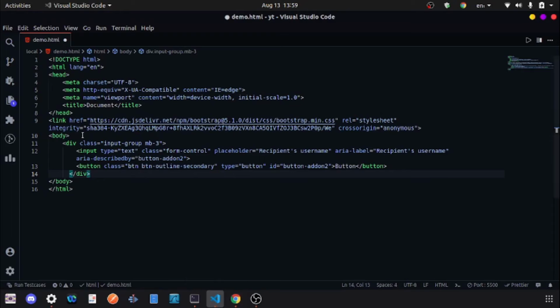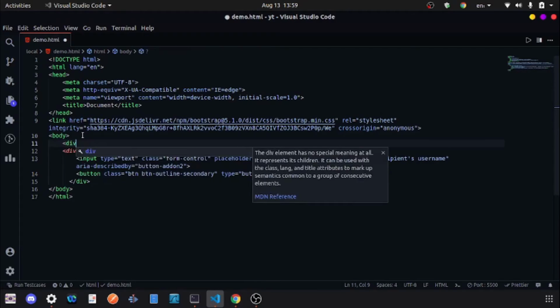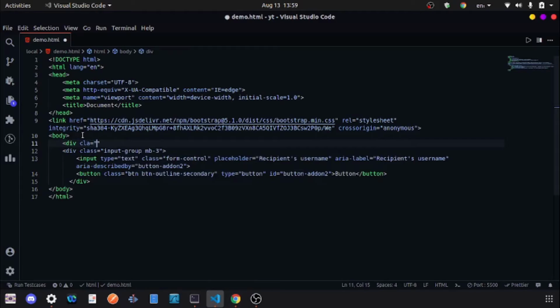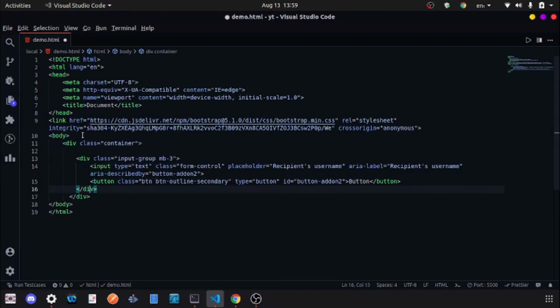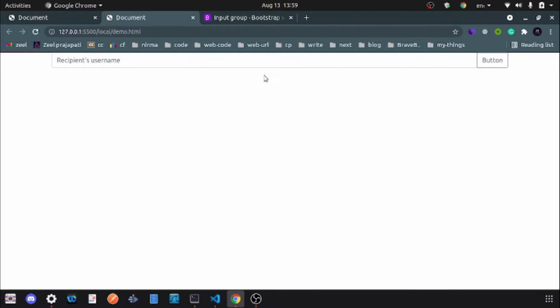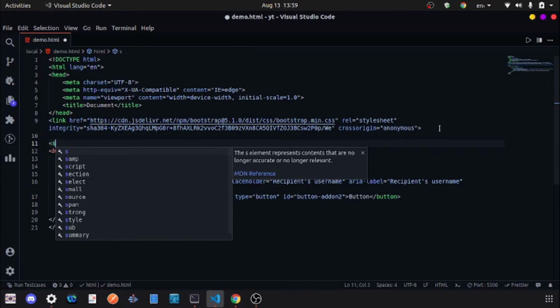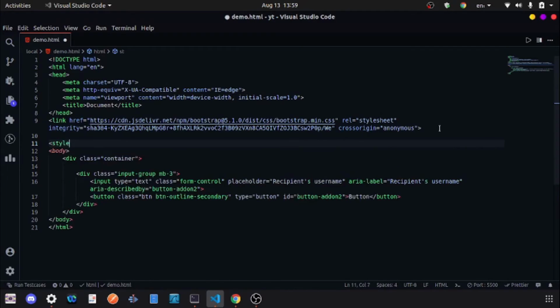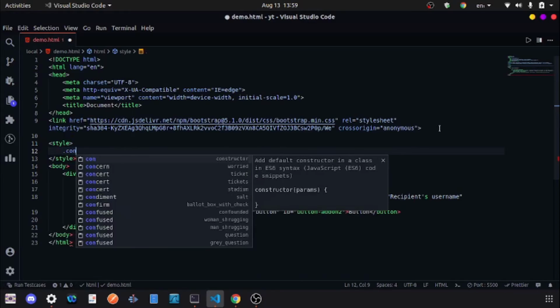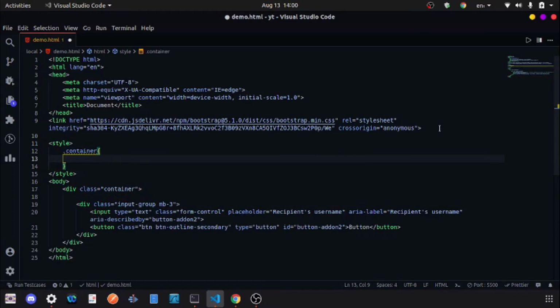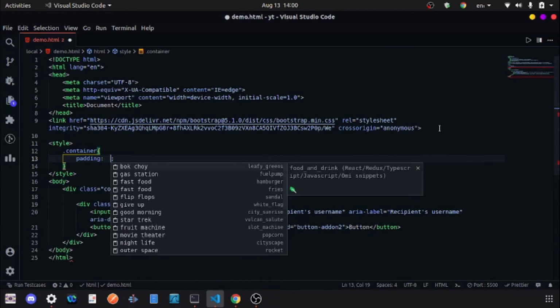So let's make some changes. Basically, if you are starting with Bootstrap, you can put all your Bootstrap components or classes into the container, and container is a very famous term in Bootstrap. You can see the width and height changing, and for our purpose we simply require some space above, so we open the style tab. Head over to container, and we are going to give some padding to it.